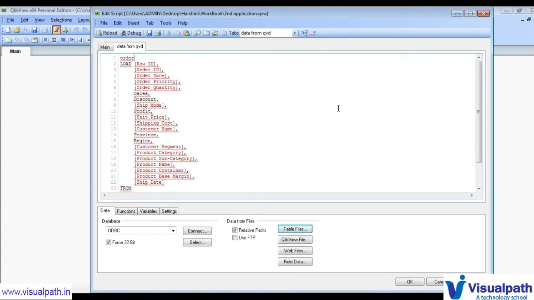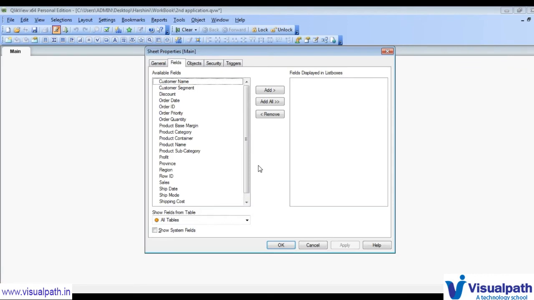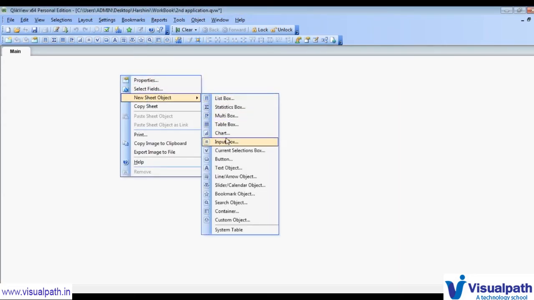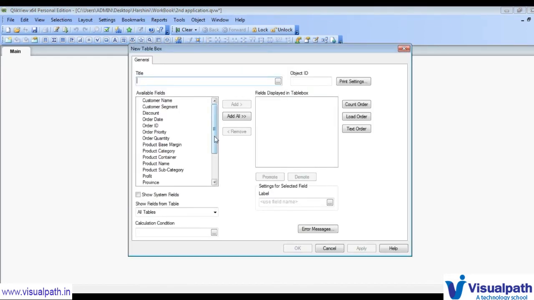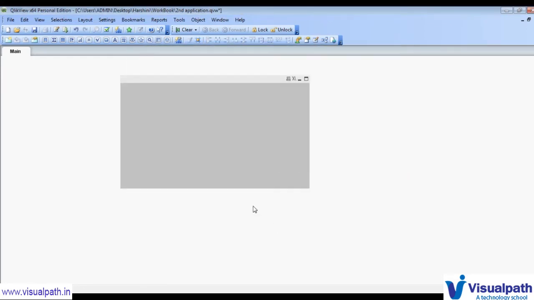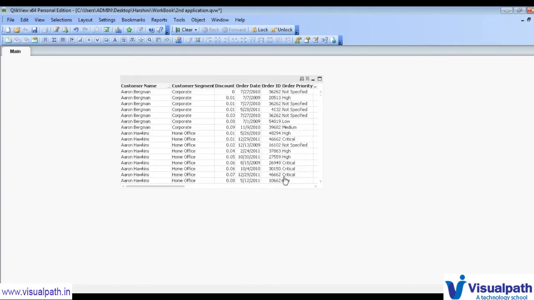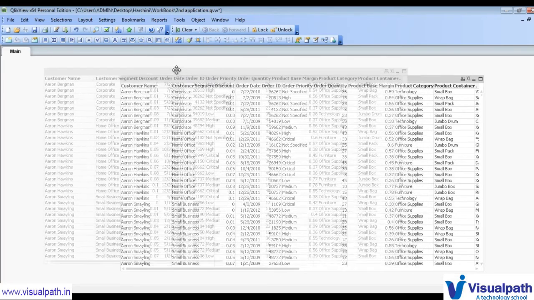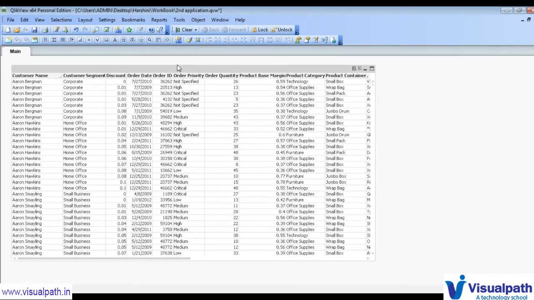So orders, and just click on save. Okay, and I can reload it. So it means I am loading the data not from the Excel file but from the QVD file, and all the same fields that were in the Excel file are available here. I can create some table box or any other items also. All the data that was in our Excel file, everything will be here. So if we are doing the same thing, then what is the benefit of creating this?